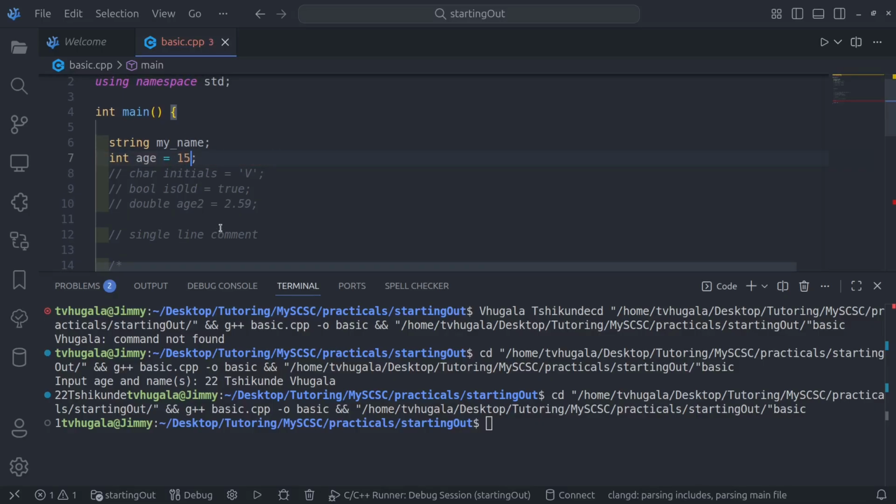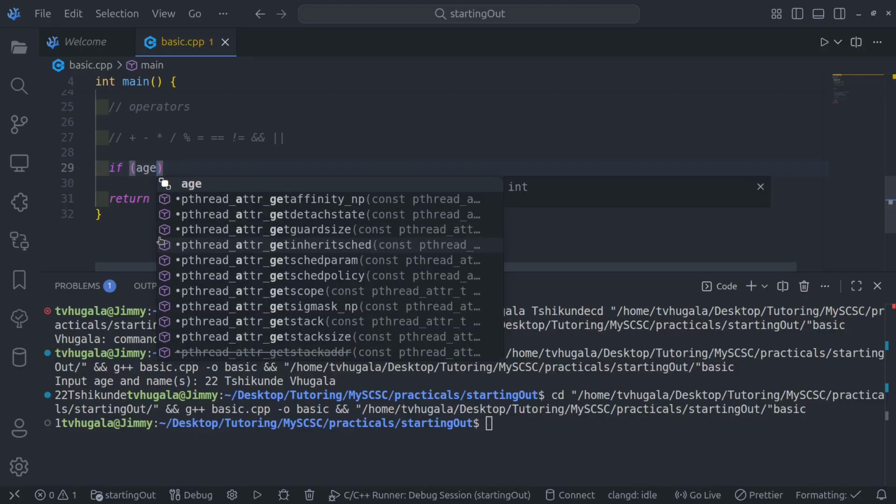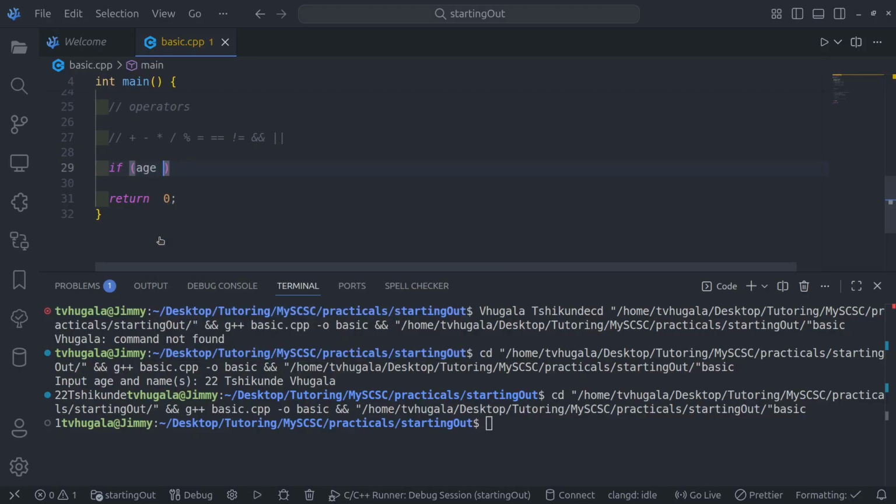Age is 15. If age is 15, and again we use double equal signs to make sure that we are saying that this thing should be strictly equal to this one. We're not assigning age to something, we're just checking if age is equal to something. Let's say if age is equal to 15,